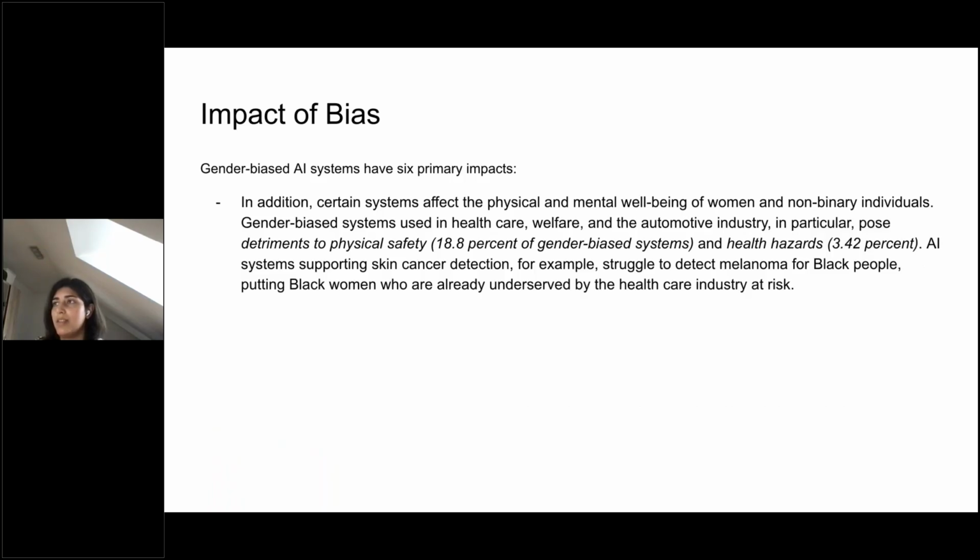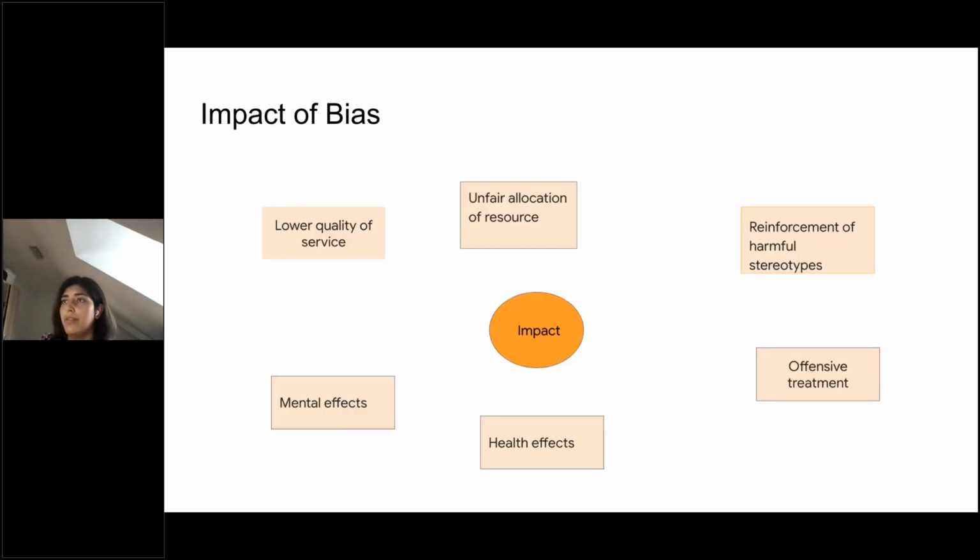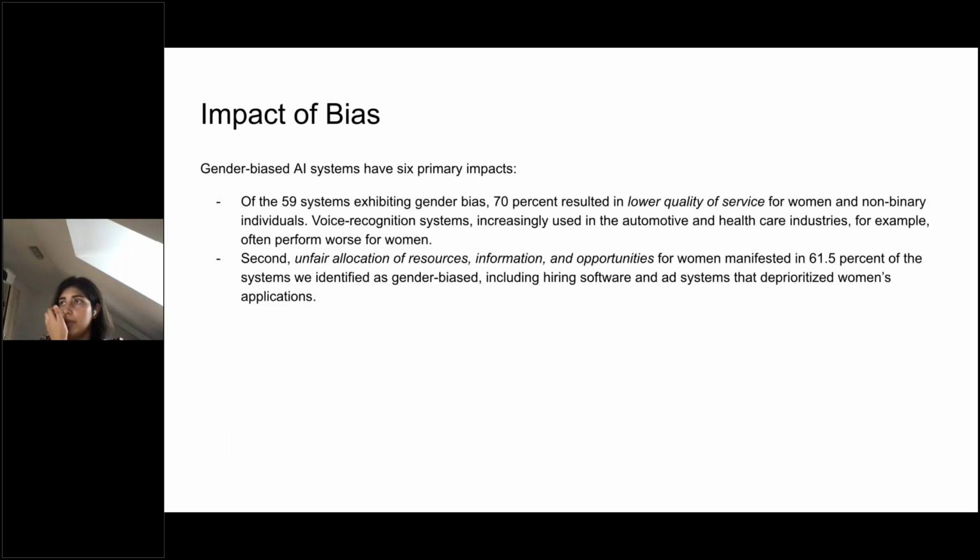Because you have this in your mind that you are not a first class citizen and you are a second class citizen, even with the races, we have some prejudices in our minds. So we definitely need to figure out how we cut them short. That's why health and mental effects are very, very important, and also the lower quality of service. Because now with voice recognition systems and facial recognition systems, we got to know that there exists a lot of gender bias. This will lead to lower quality of service and fewer opportunities, and most of the systems will not perform well for women at all.